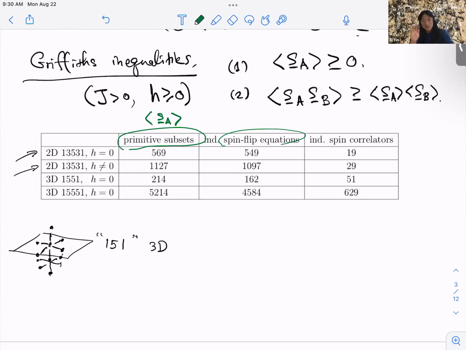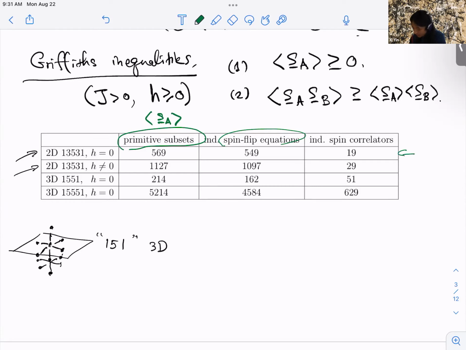But anyway, there are clever tricks one can come up with to overcome this difficulty. The bottom line is that you need to work at sufficient numerical precision and be careful enough in manipulating these equations to identify the independent equations. But this can be done. After doing so, you will find a huge reduction, and we have these independent spin correlators.